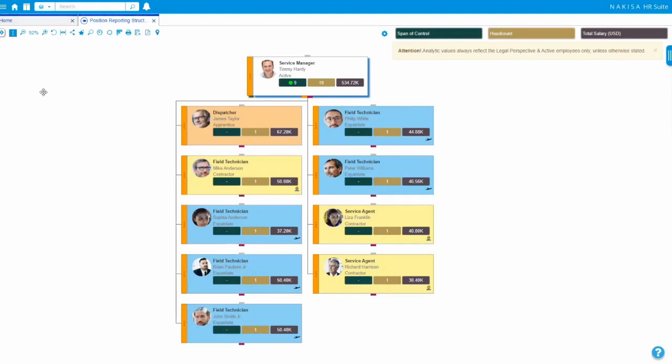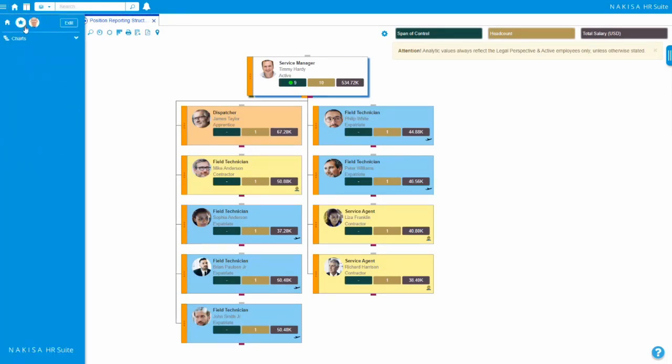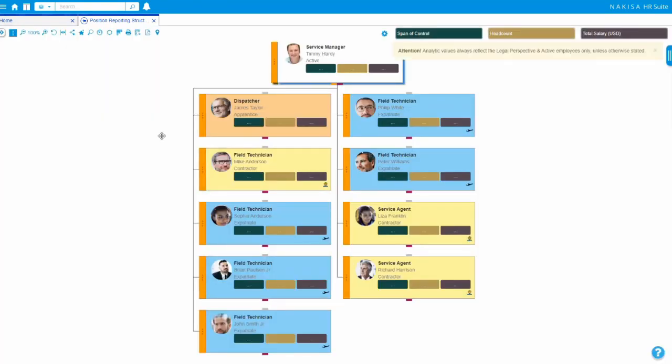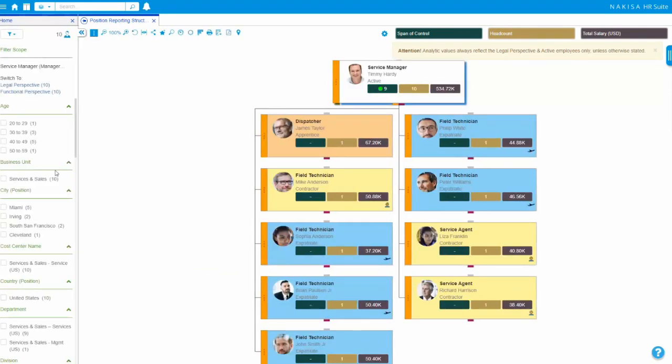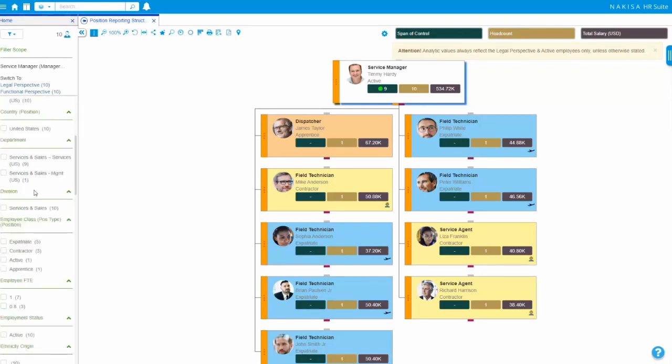And this will allow me to go directly from the favorite icons, charts, and then select the organization. So I don't have to always navigate from the very top. I can always directly reach it here. Okay. Of course, on the filter panel as well, you know that already, I can very easily